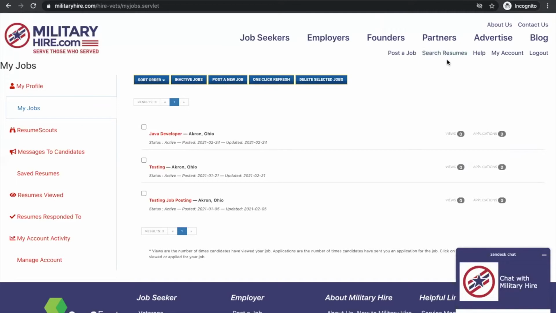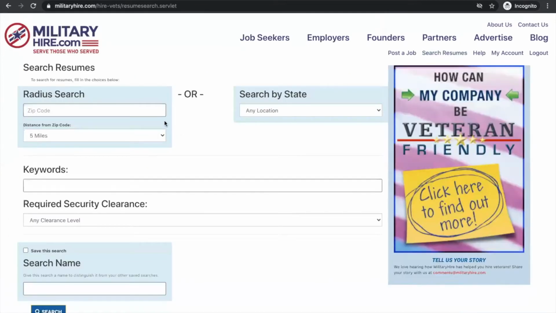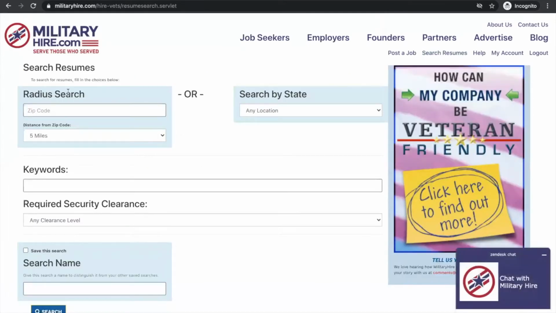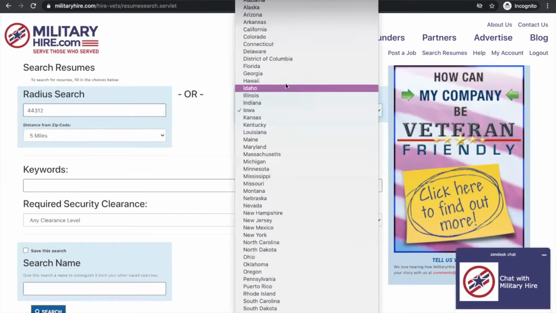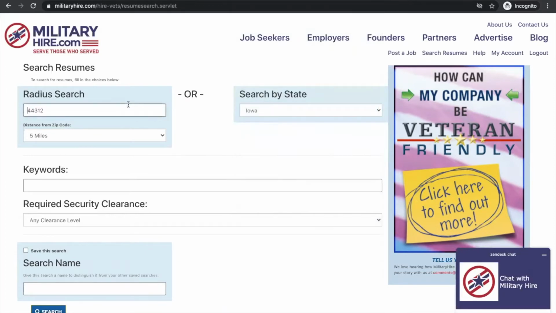All right, so we'll go up here to search resumes. This is our new one. We have the radius search now, which just came out last week on Thursday, I believe. We have the option to do radius search or by state. If you have anything in the zip code field, it will default to the radius search regardless of what you put elsewhere. So if you want to do just a state search, you need to make sure that your zip code field is blank. I'm going to look for about 50 miles outside of Akron,